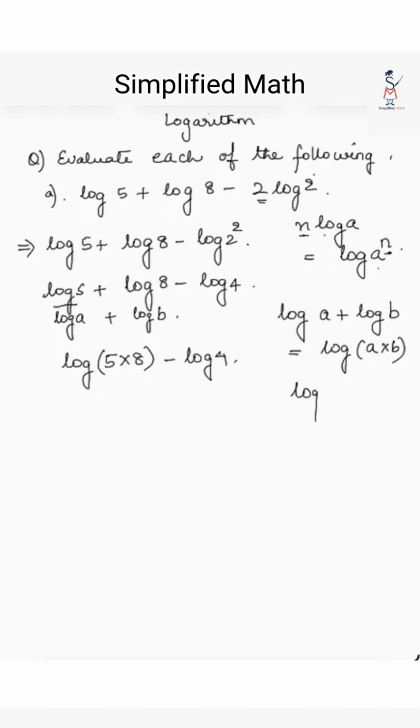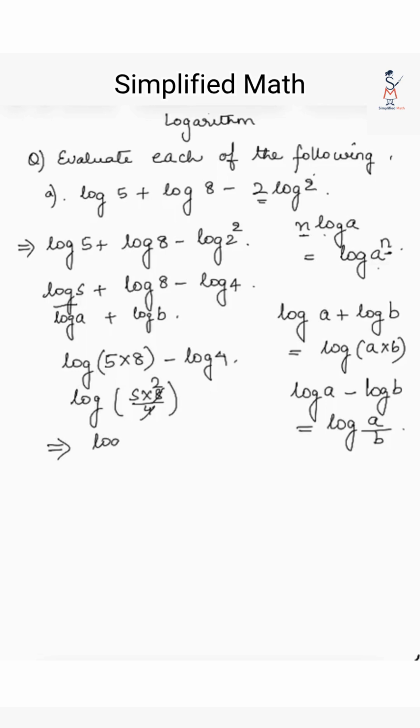Now again there is a rule, that is log a minus log b. What is that? That is log a divided by b. So this will become log 5 into 8 divided by 4. So this will come out as 5 2s are 10, log 10. Now we know that when there is no base given over here, the base is 10. So this is actually log 10 to the base 10. So log 10 to the base 10 is 1. Anyways, any log to the same base will always be 1.